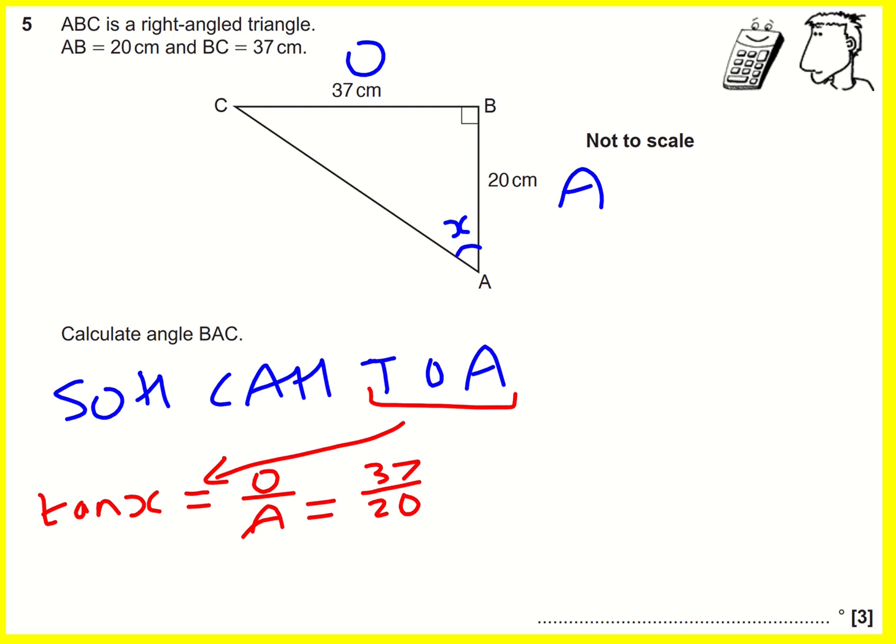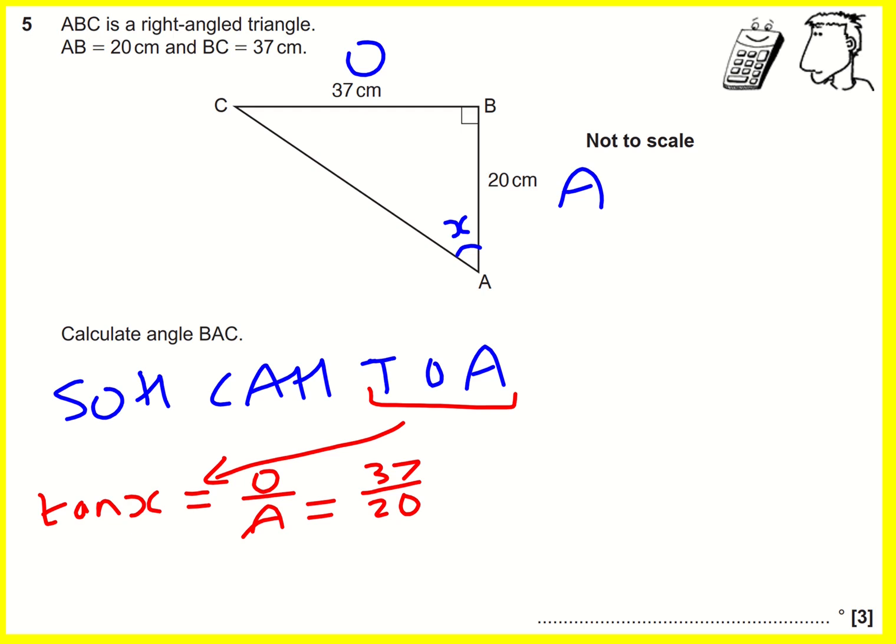Remember, trigonometry is basically saying if you've got this infinite number of similar triangles, and as you double the lengths, for example, the angles don't change, but the sides will change in the same ratio. They'll just both be doubled. But that basically gives us a single ratio for the opposite over the adjacent. If I double this to make it 74 and 40, I'll get the same thing when I divide the opposite by the adjacent. And we call this thing tan x, and we can list the values, and then we